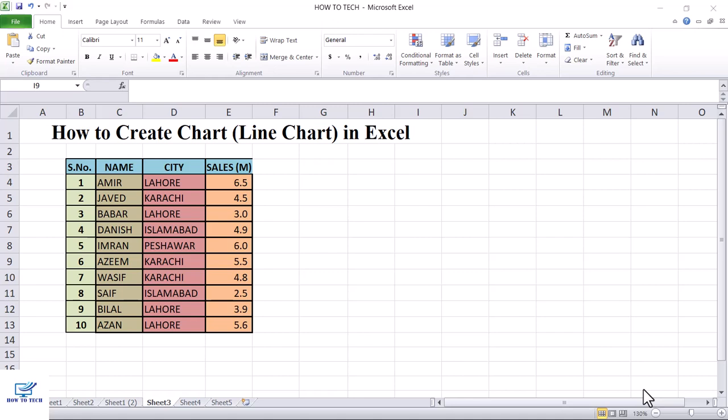In this video, you are going to learn how to create a chart, especially a line chart, in Excel. We will use the name column and sale column to depict our data in a line chart. So first of all, select the data and select the remaining data with the control button